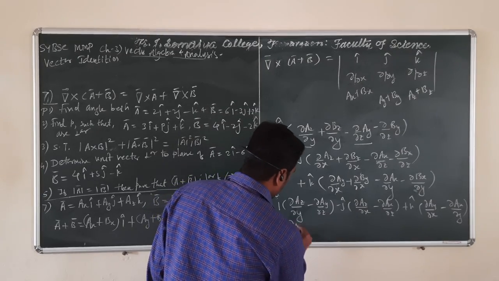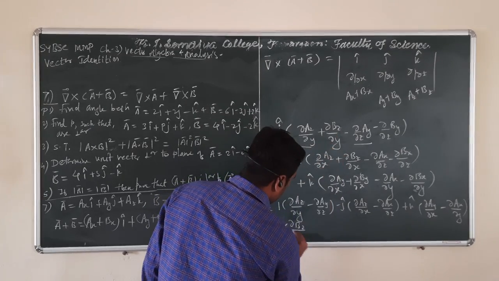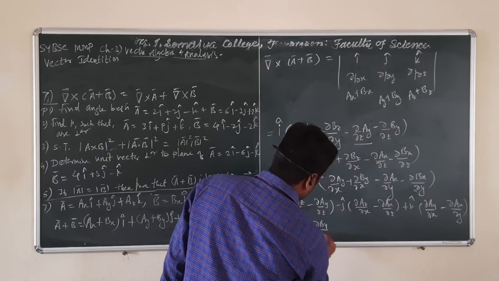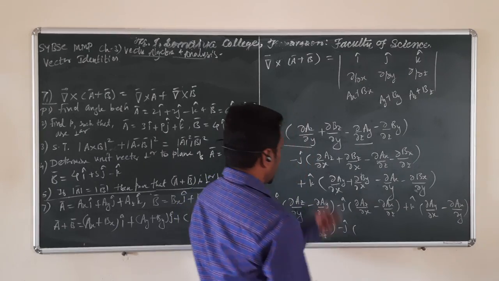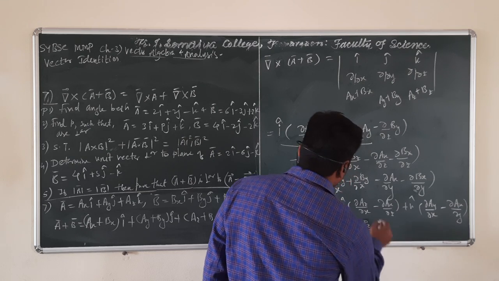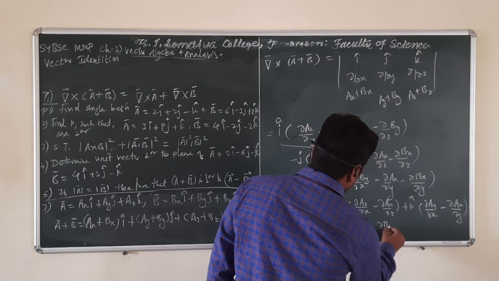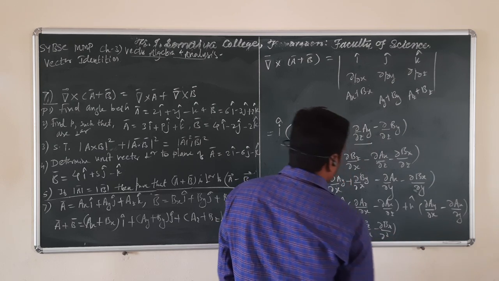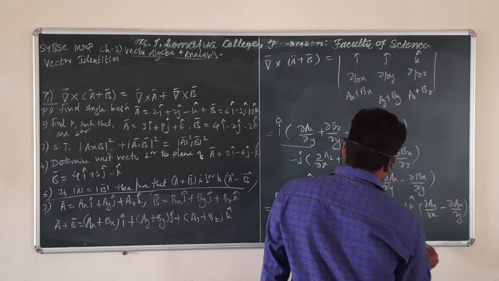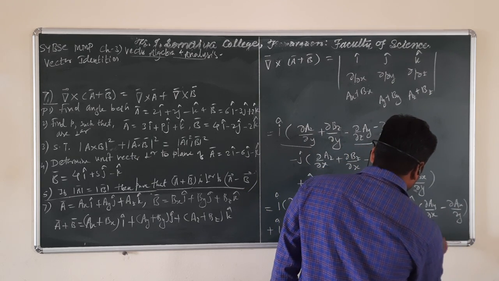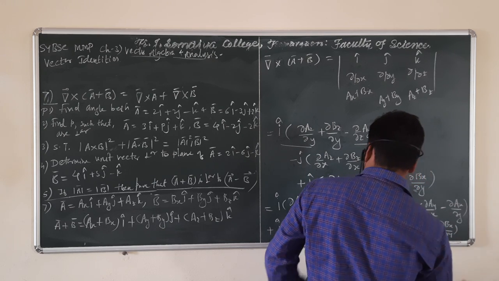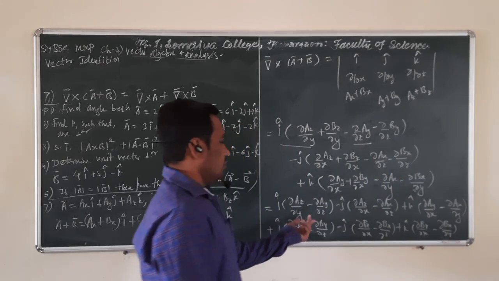So partial derivative of Bz, okay, with respect to y minus partial derivative of By with respect to z, minus j cap into partial derivative of Bz with respect to x minus partial derivative of Bx with respect to z, plus k cap into partial derivative of By with respect to x minus partial derivative of Bx with respect to y. Okay, so this first term